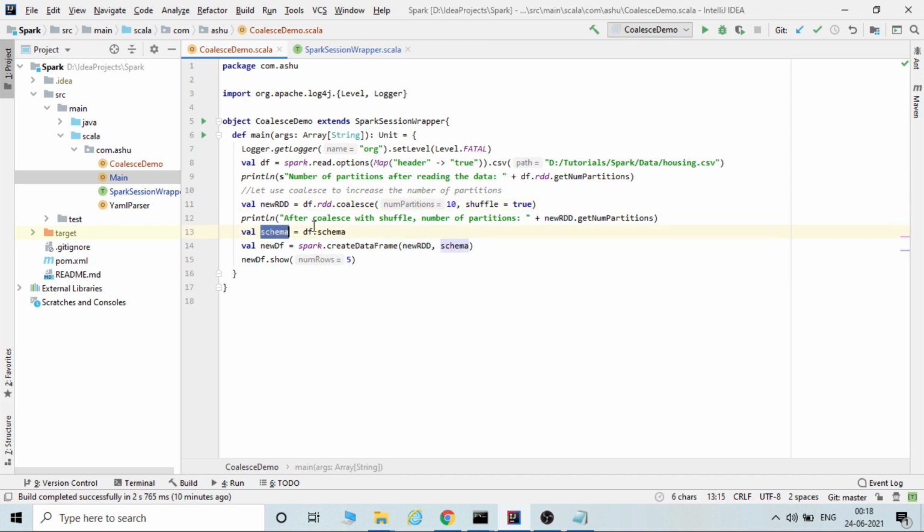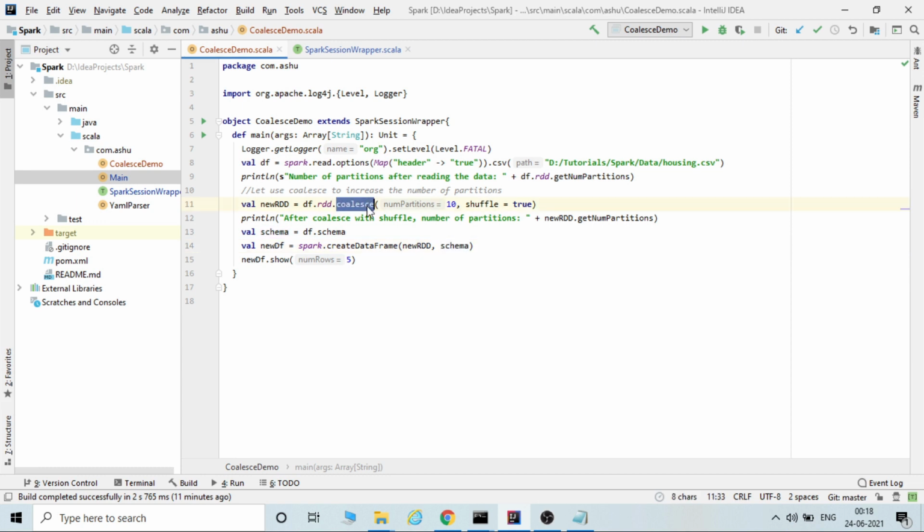We got the schema of this particular data frame here, and now we generated a new data frame using spark.createDataFrame with the new RDD and schema. This conversion from data frame to RDD is expensive, so generally it should be avoided. But the main purpose of this video is to make you aware about the coalesce function.